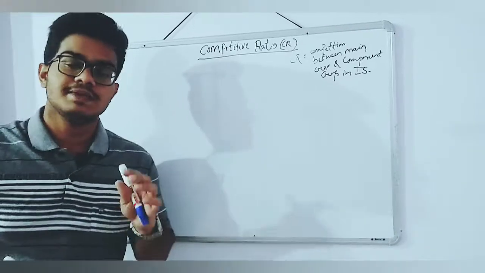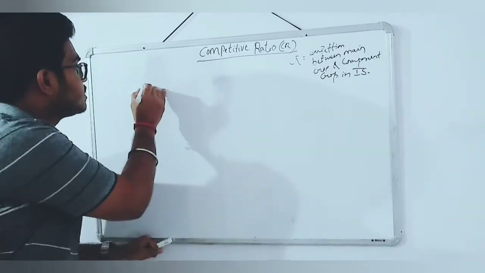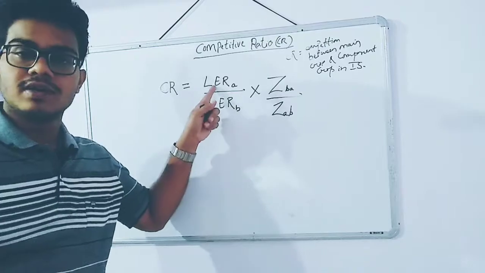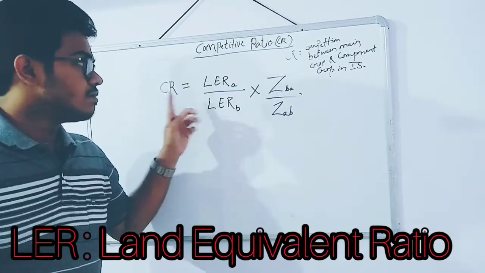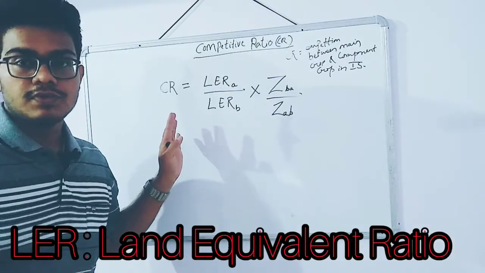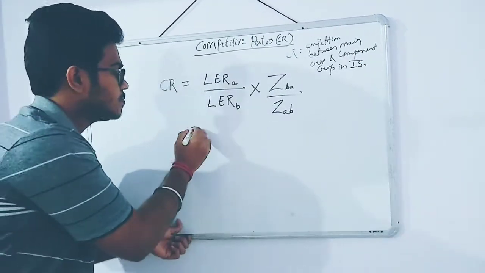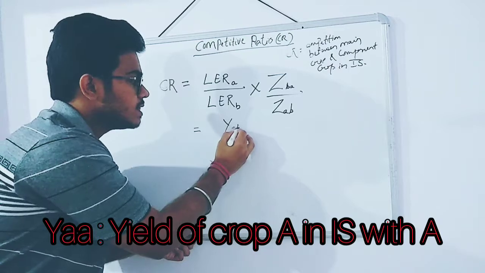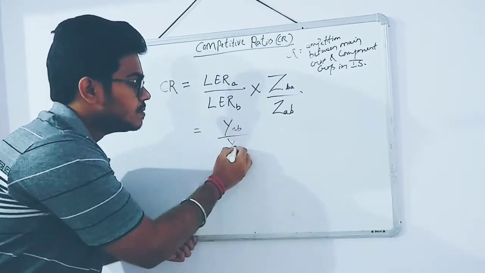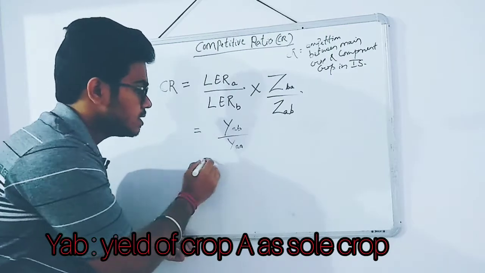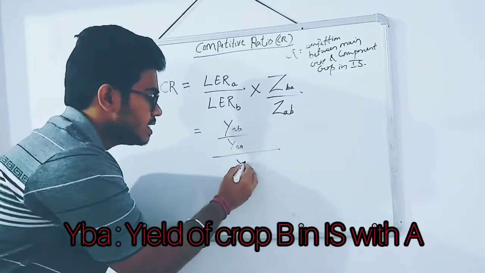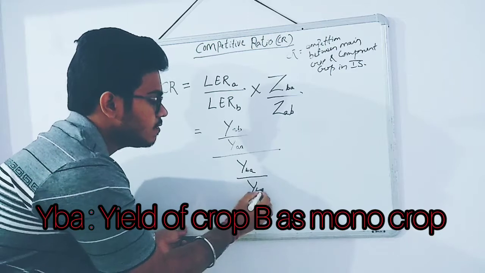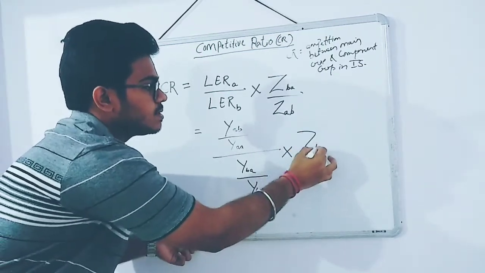The competitive ratio has a simple formula to be calculated. With this formula, the competitive ratio can be calculated. We have to know the formula for calculating LER, with the help of which we can calculate the competitive ratio. So this competitive ratio we can calculate by putting the formula of LER. LER of crop A is equal to yield of crop A in the intercropping system by yield of crop A grown as a sole crop, divided by LER of crop B, that is yield of crop B in the intercropping system by yield of crop B when grown as a sole crop, into Z_BA by